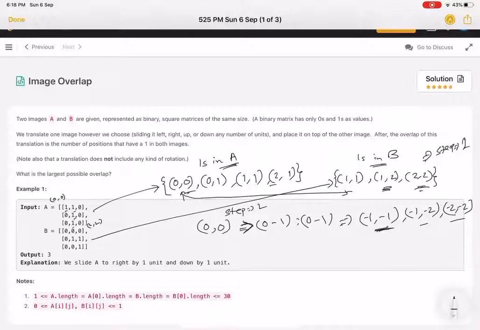What this minus 1 says is, this minus 1 is for row, and this minus 1 is for column. What are row and column? This is like shifting, we can shift, right?